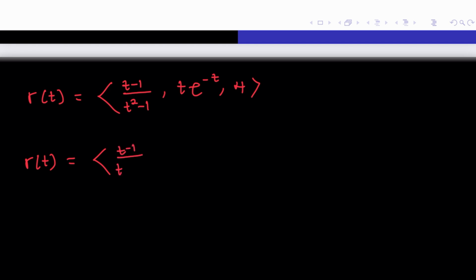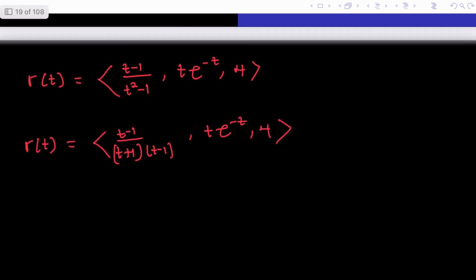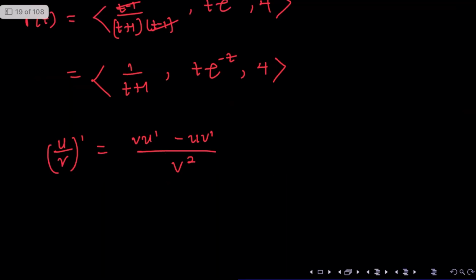(t minus 1) on (t plus 1), then (t minus 1), t e to the minus t, then 4. So here we are going to have these two cancelling out, so that's going to give us 1 on t plus 1, and here will be t e to the minus t, then 4. So now with the i component, our u is 1 and our v is t plus 1. So we are going to have the rate of change of 1 on t plus 1 to be given as,